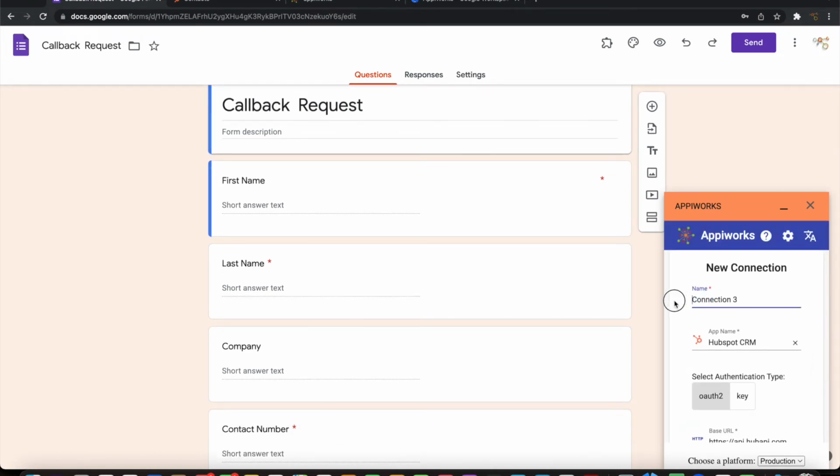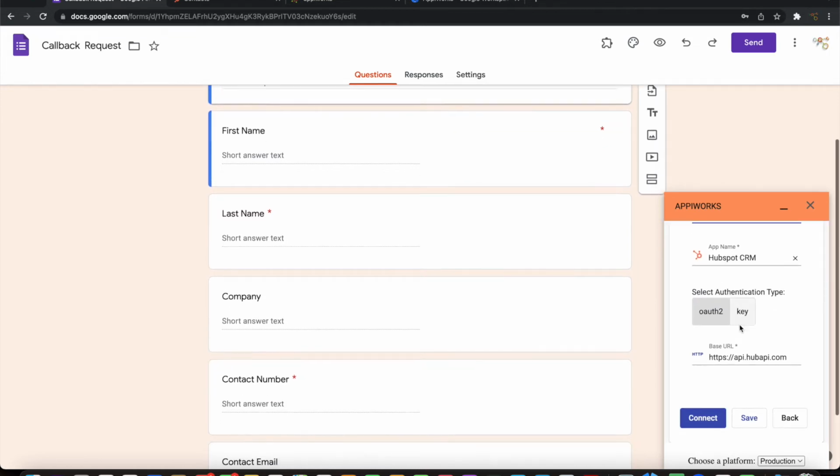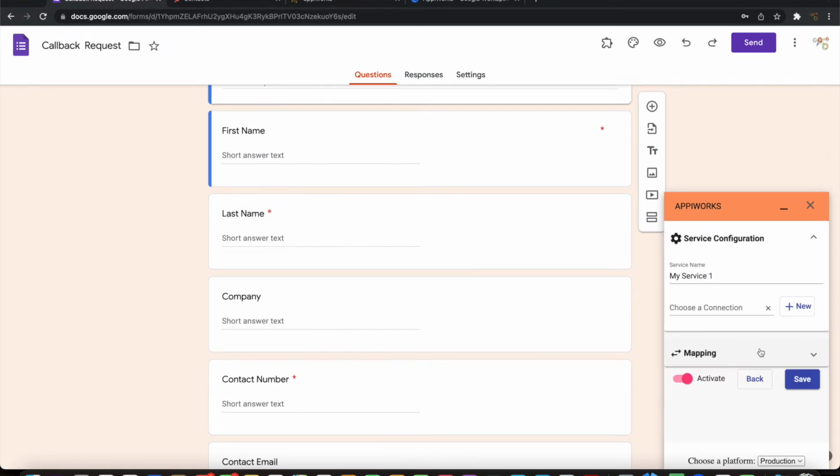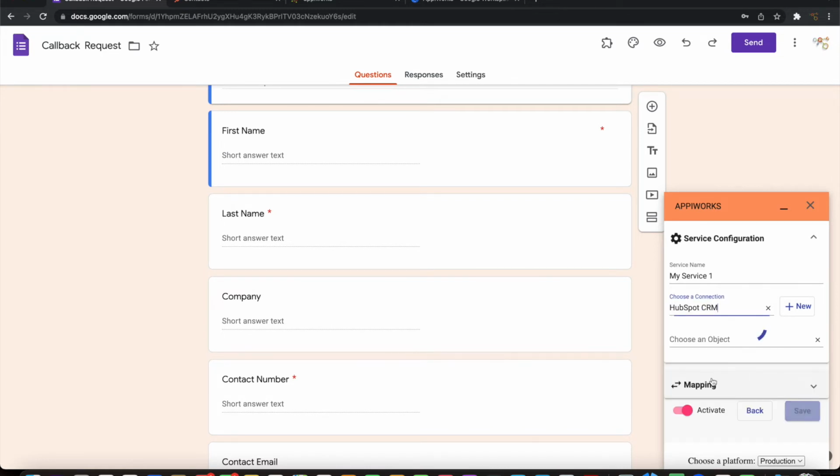Let me give this a name. Let me save this. Now I can see the connection appearing here. This is the new connection that I have created, HubSpot CRM. Let me choose what to do.